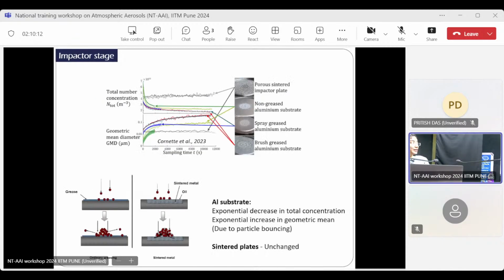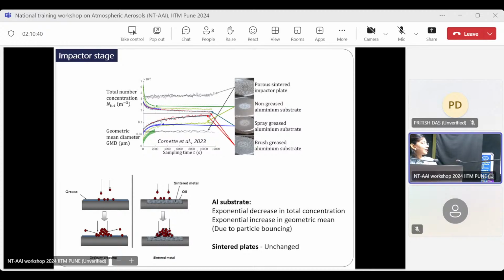So now we have different types of plates. Again, that we will show. So the impactor plates, we basically have two types. One is the alumina base. If you have seen the Moudi impactor, there was the alumina foil, right? So that type of alumina foil can also be used in this. And then there is one sintered plate. So one experiment was done. So in this,